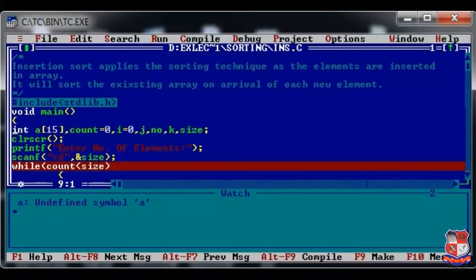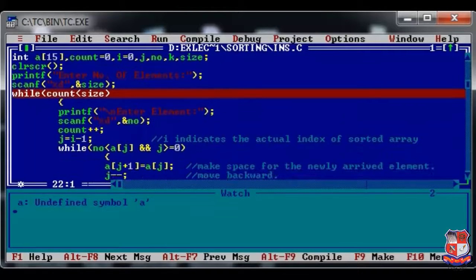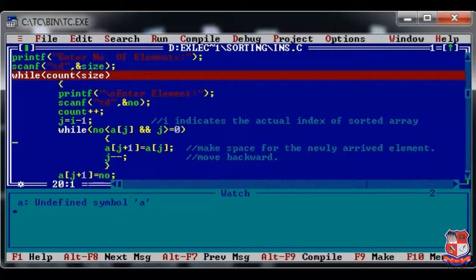Here you can see I have taken an integer array of 15 elements. Next, I am taking the size, the total number of elements, from the user, and as soon as I am getting the elements from the user, from here my processing of sorting takes place. So let us try to understand how the elements are being sorted.